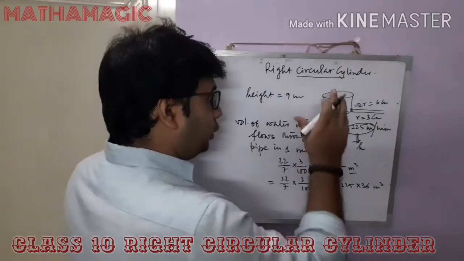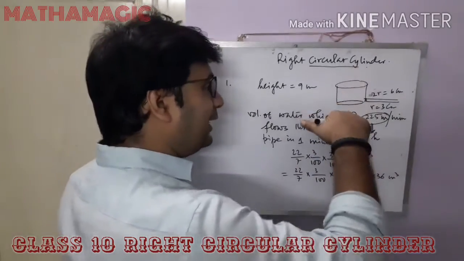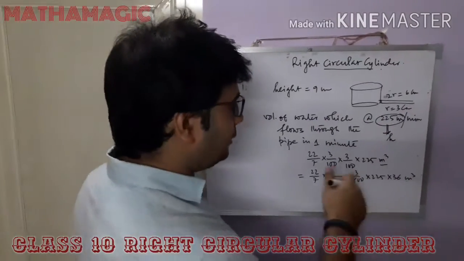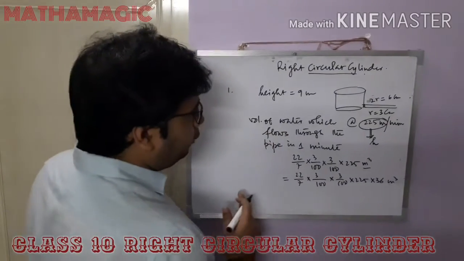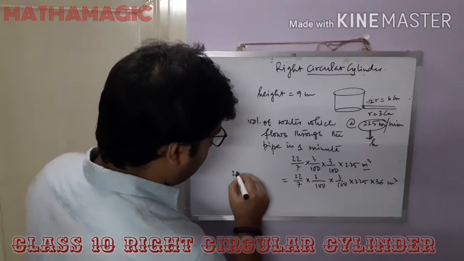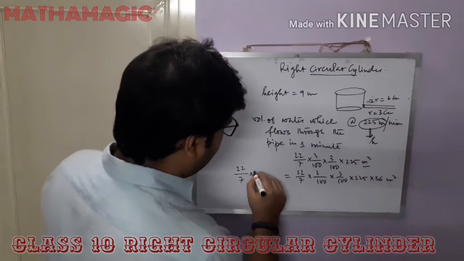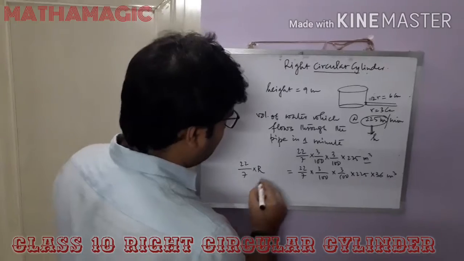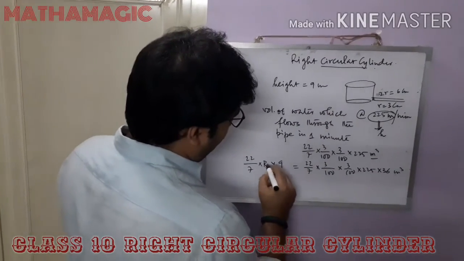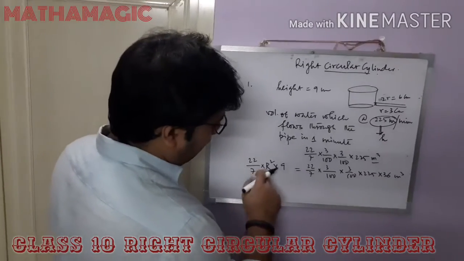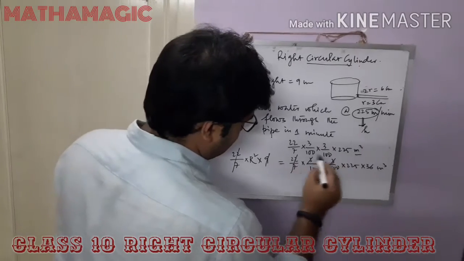Now we just think, this much volume of water was stored in that tank. That means the volume of the tank is equal to this particular amount of water. So in order to find the volume of the tank, we have to use the formula pi r square h. Now here r is different. We don't have the value of r, let it be capital R, and we have the height of the tank as 9. So pi R square h. So 22 by 7, 22 by 7 gets cancelled, 3 3s are 9 gets cancelled.